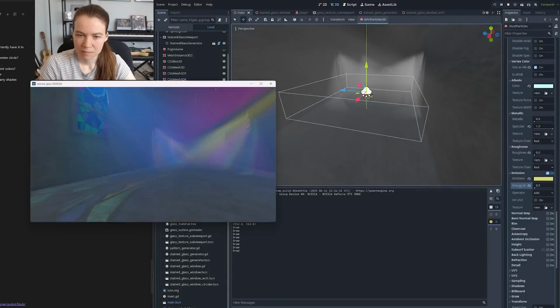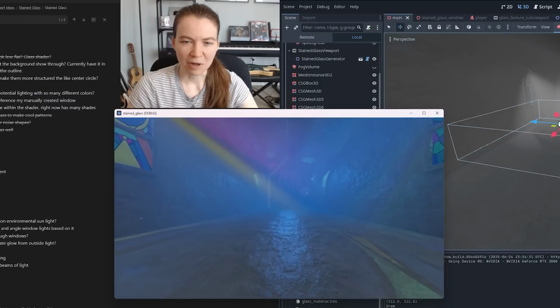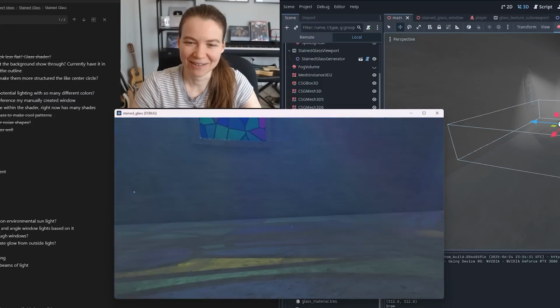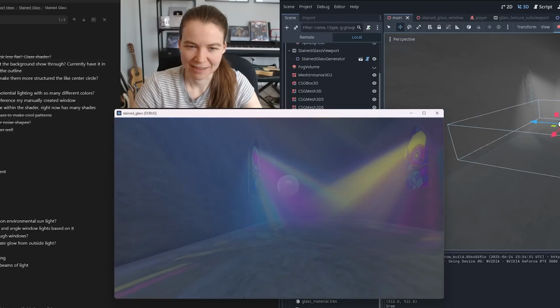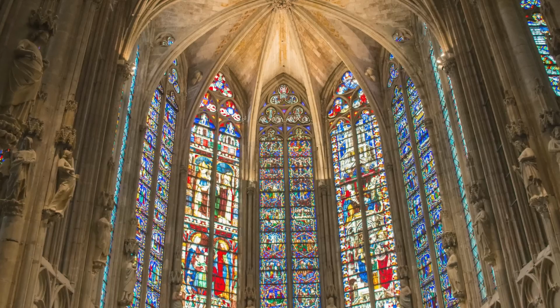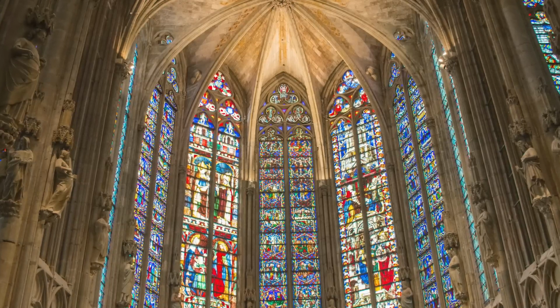I tweaked the particles just a bit more before deciding it was good enough. Probably people won't even really notice this, you know? It's kind of subtle if you're not looking for it, but I do think it adds something. I really wanted the environment to feel like a Gothic cathedral, so I decided to try to model some Gothic